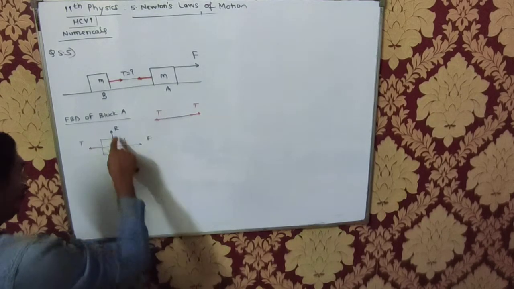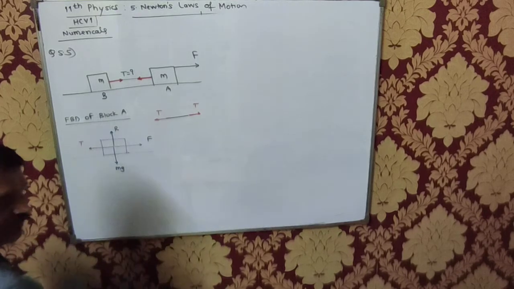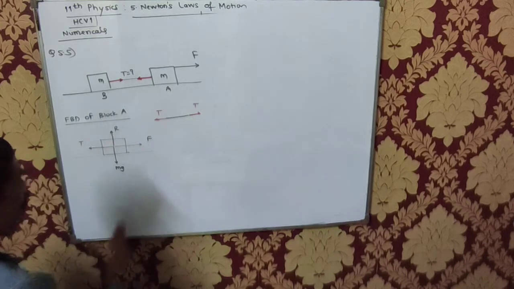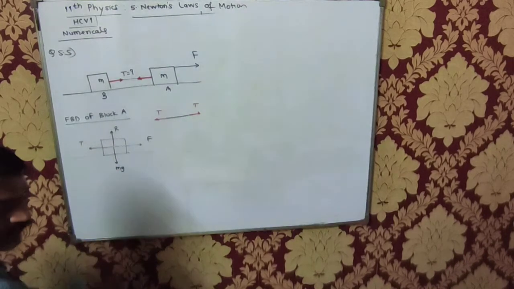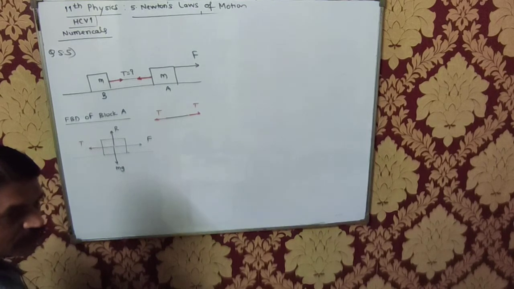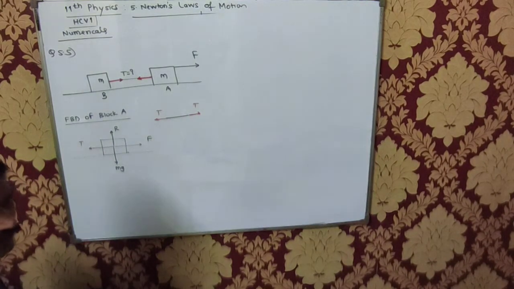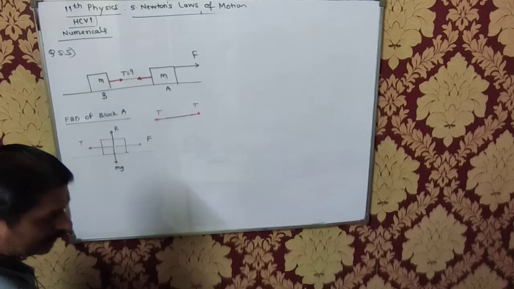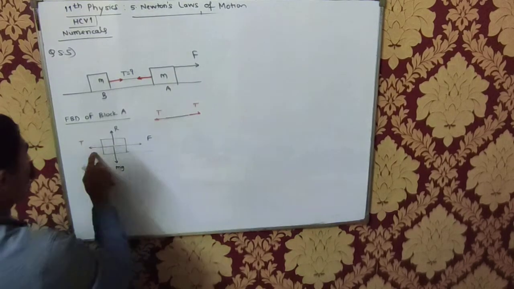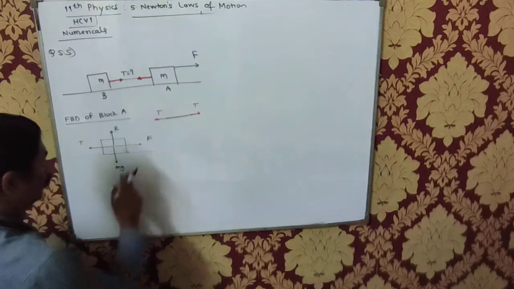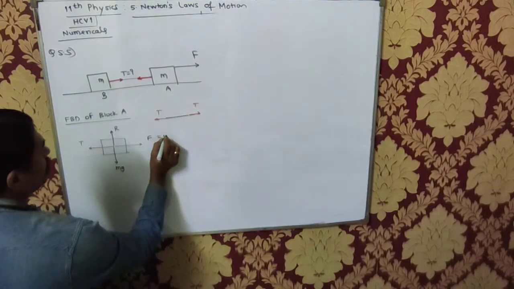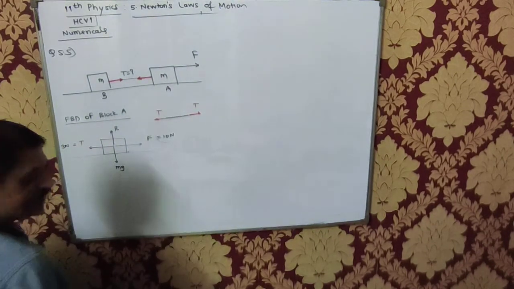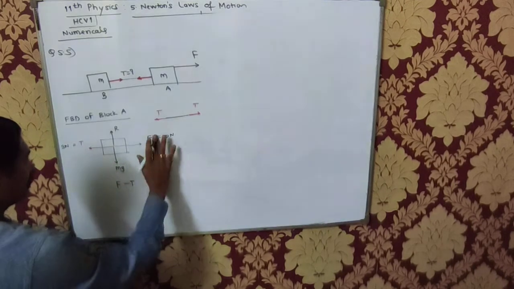Tell me, in these two forces R and mg, is the body moving up or down? No. So both are equal. Which force is greater among these? Right towards right is the direction of the motion, I would say. So if this is 10 Newton and this is 3 Newton, by how much is this greater? By 7. So this is F minus T. This is the resultant force.